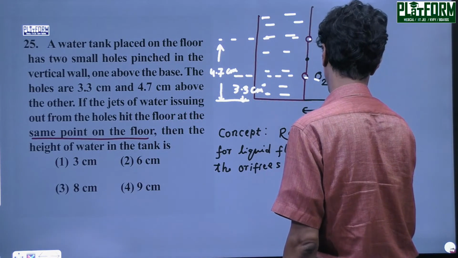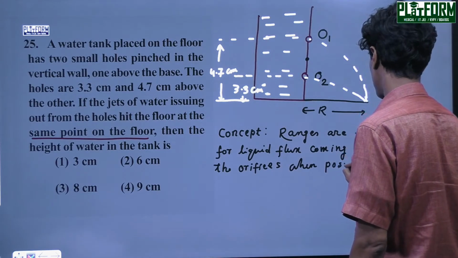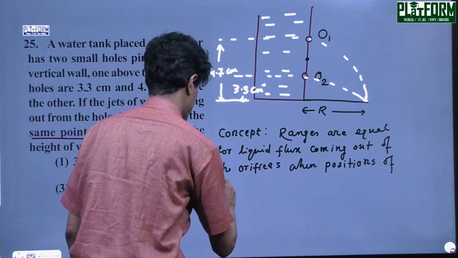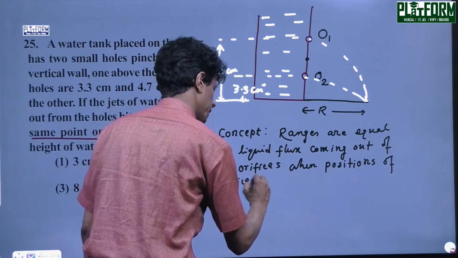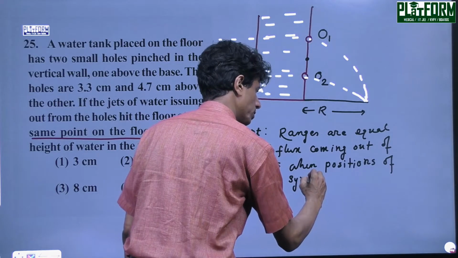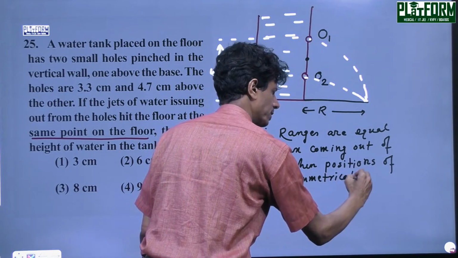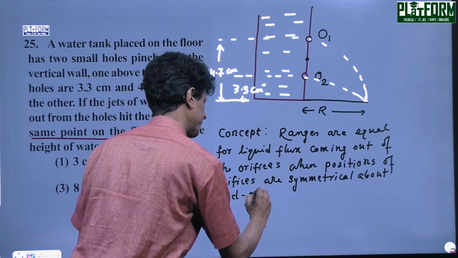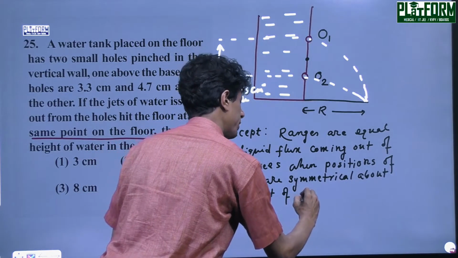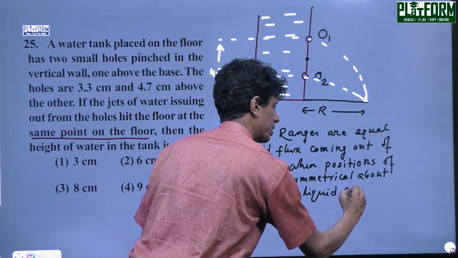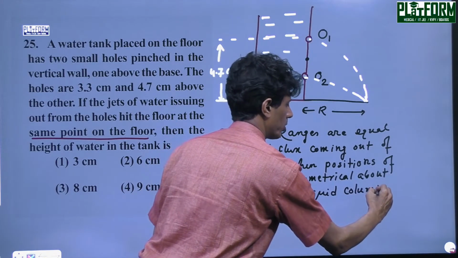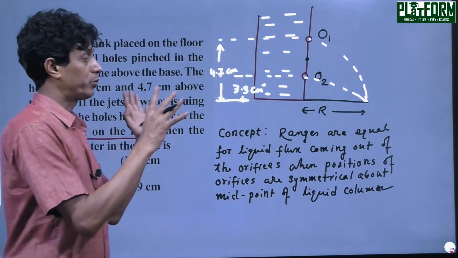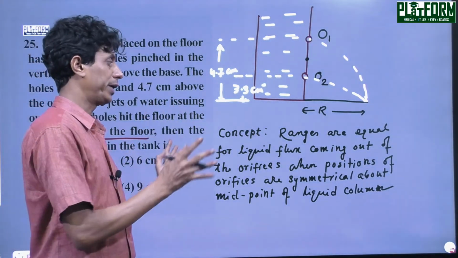When positions of these orifices are symmetrical about the midpoint of the liquid column, this is an important concept: about the midpoint of the liquid column, ranges are equal for the liquid flux coming out of the orifices when positions of